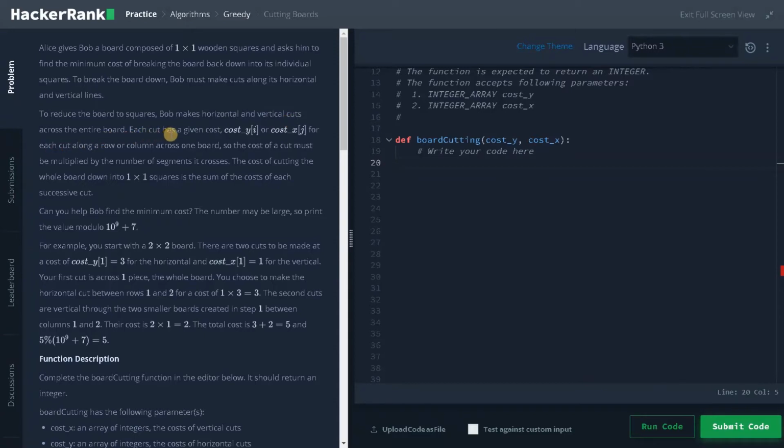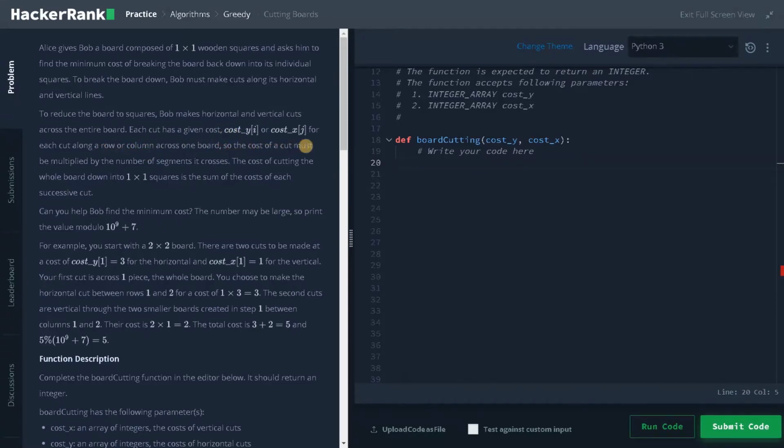Each cut has a given cost, cost y of i or cost x of j, for each cut along a row or column across one board. So cost of y belongs to the row and cost of x belongs to the column. When we make a cut along the way, we will use this cost.